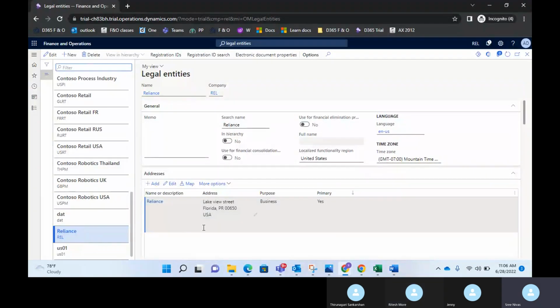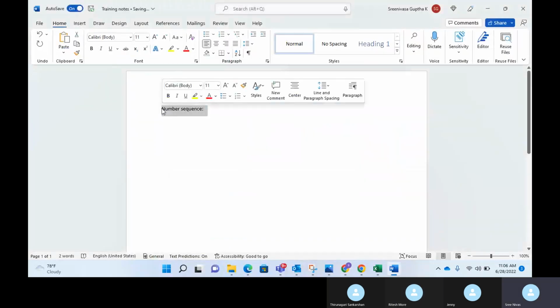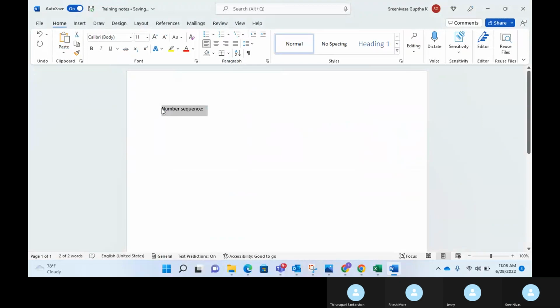So after creating the legal entity, we'll have to set up a number sequence. We have to generate the number sequences. So number sequence is nothing but